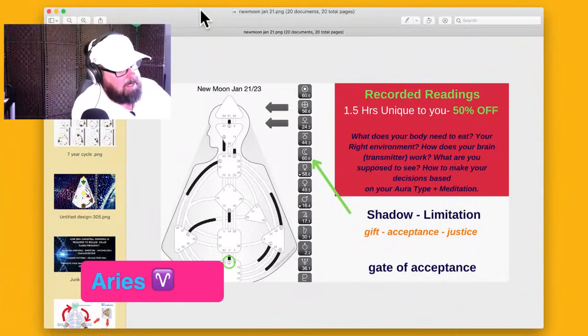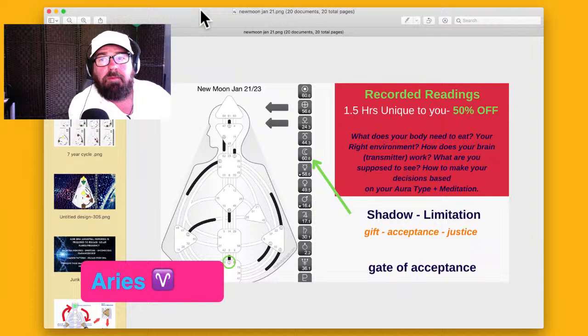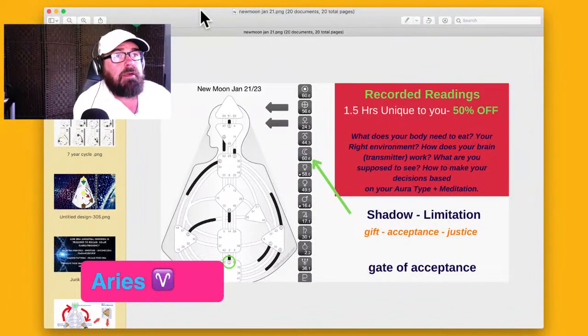Maybe Aries, you're limited in the way you see your work. Because remember, the containers are disappearing if they're not serving you anymore with all this new energy. Maybe you're headed for a career change.